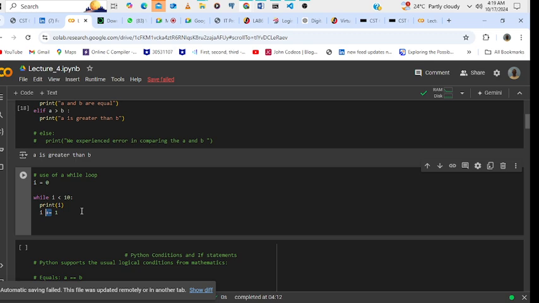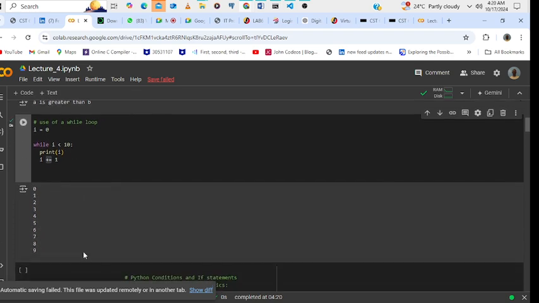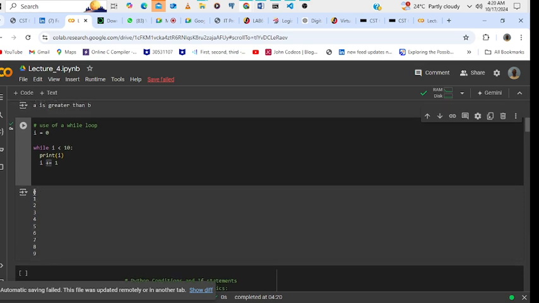So in here we are telling our program that when i is less than 10, we want to keep adding i plus 1. And that is going to execute as long as i is less than 10. Let us just try to execute this and see the output. And you notice that we are getting 0 to 9,